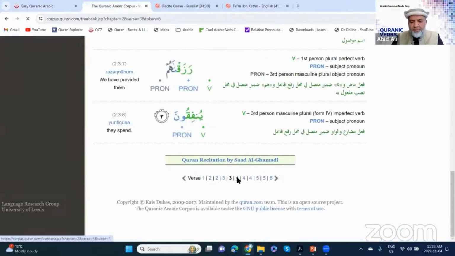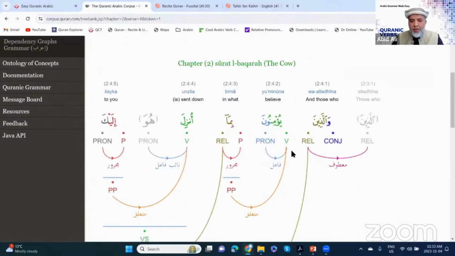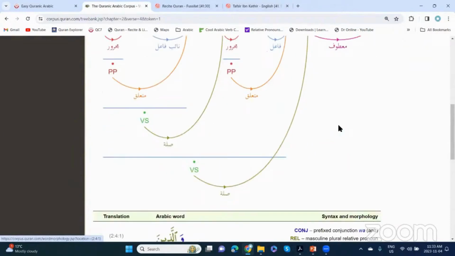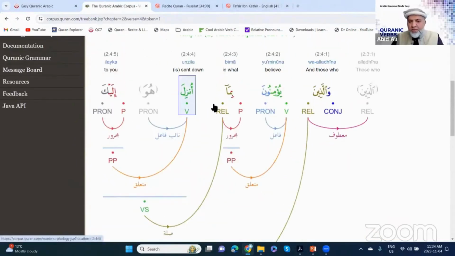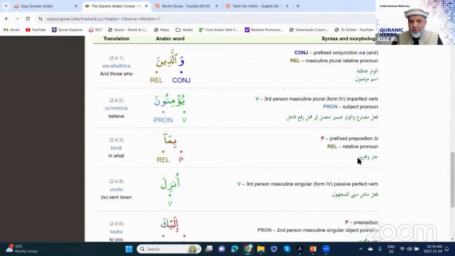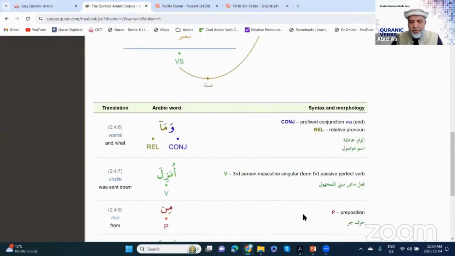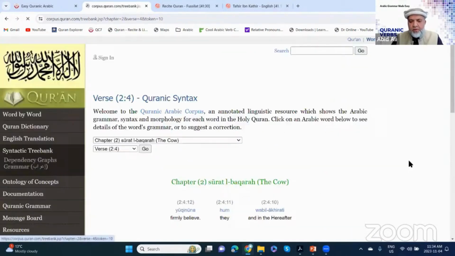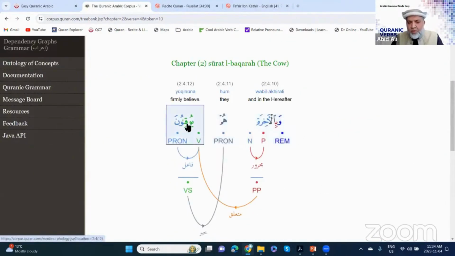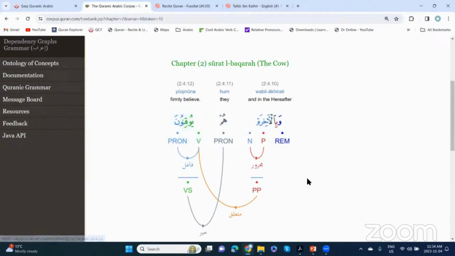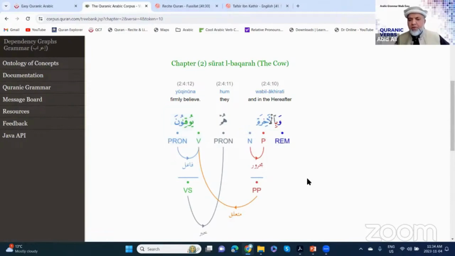Let's go to the next ayah. Okay, let's see. What about here? Is this yu'minuna again fi'l al-mudari? Yes. Okay, let's see what else. Is unzila, I don't want to go there, it might confuse you. So let's just keep on going. Let's go to the next one. Over here, this one is fine. Let's go to the next one. Okay. Wabil akhirati hum yuqinun. Does this ya right away give you the feeling that you're dealing with a mudare? Yes. Okay, Alhamdulillah.